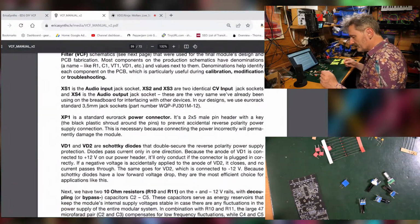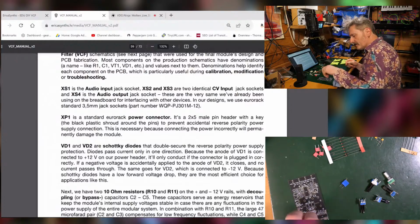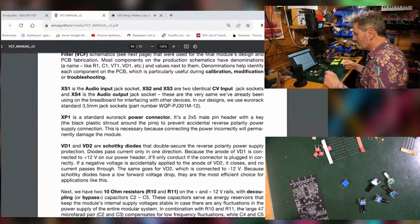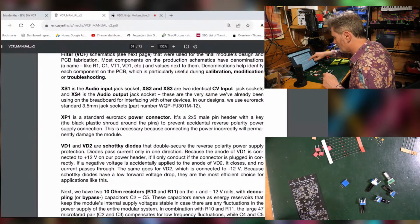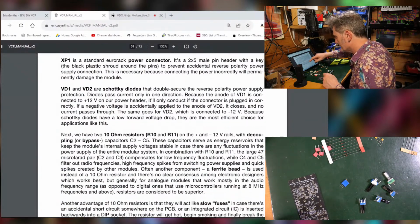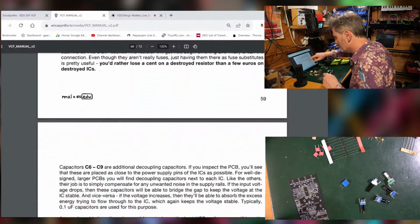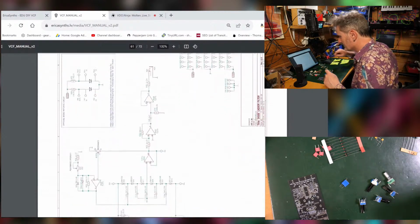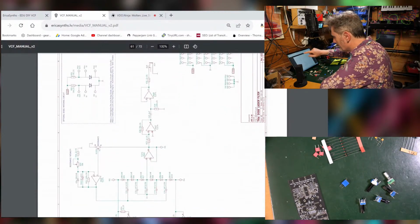Now, we have to consider that yesterday we didn't actually build the circuit we're going to be soldering. We built a simpler version of it. So maybe we won't spot things quite so easily, but let's have a look. It's a lot of description. Where's the schematic? Here she is. Right. So